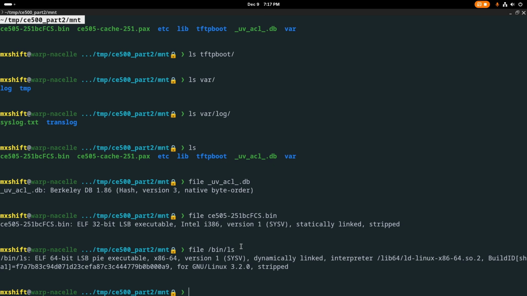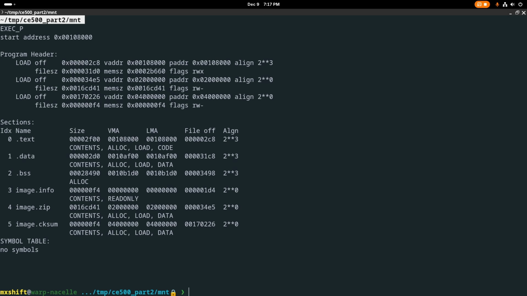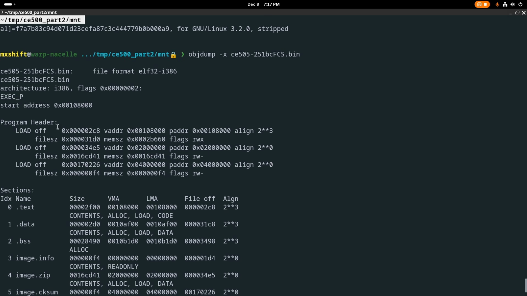So let's go look at our binary here, and we're going to do that with the objdump tool. And -x says, please dump out all of the headers contents. So we end up with, at the beginning, we know that this is an i386 binary. It's an executable as opposed to like a library file or an archive or a couple of other different types that are used more during the compilation process. We know that the start address of the program, so basically the entry point or where the loader should jump to start execution of the program once the program's been loaded,